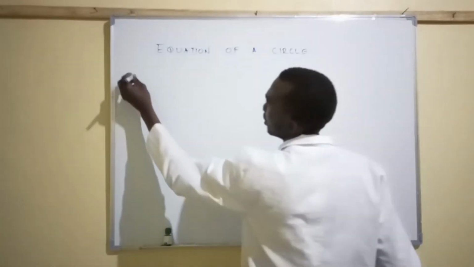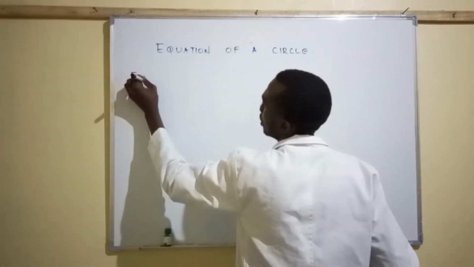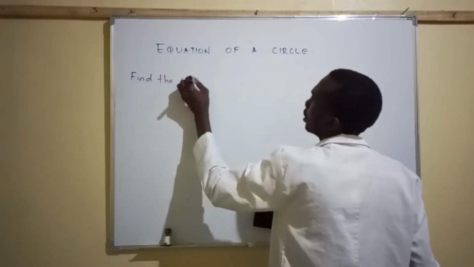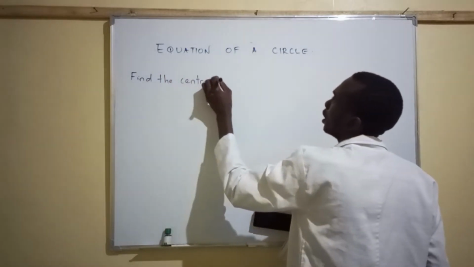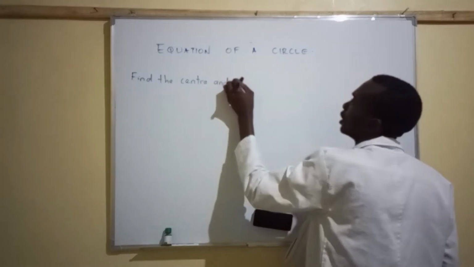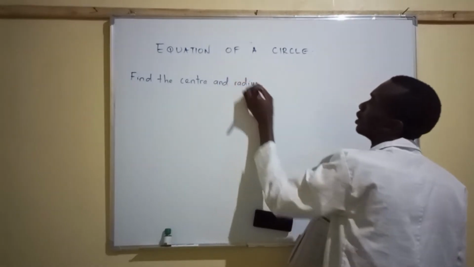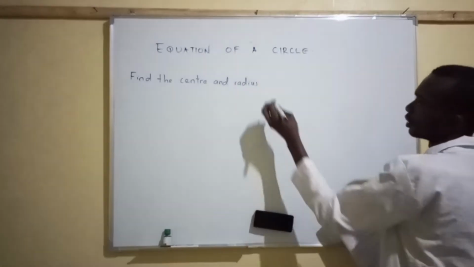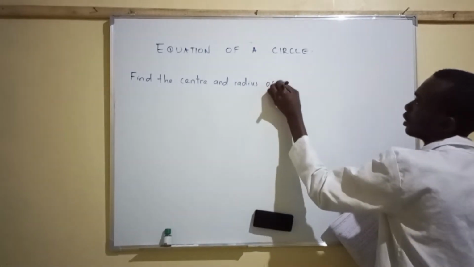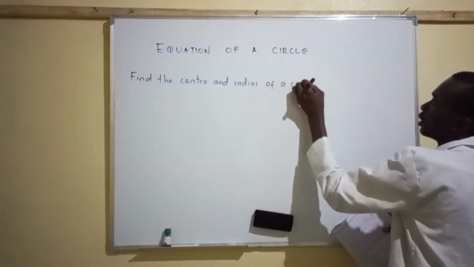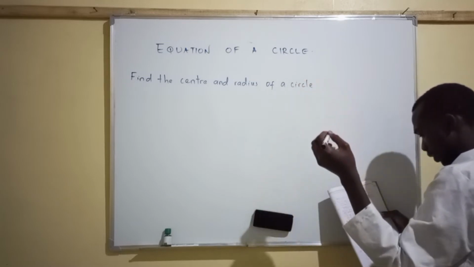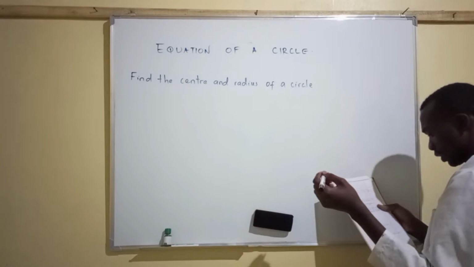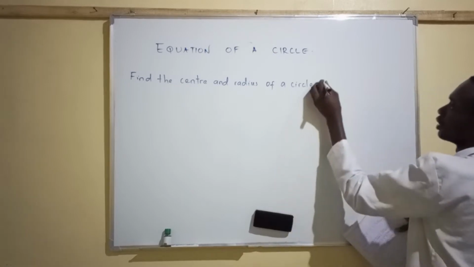Find the center and radius of the circle. Find the center and radius of a circle, where the equation is